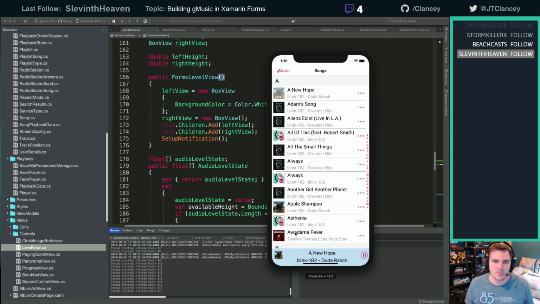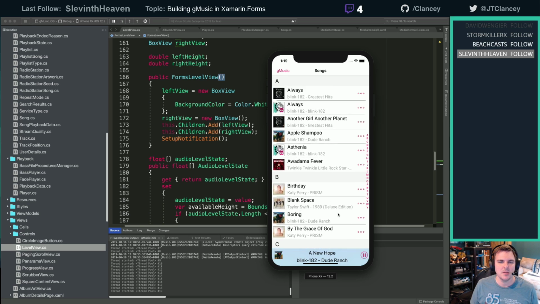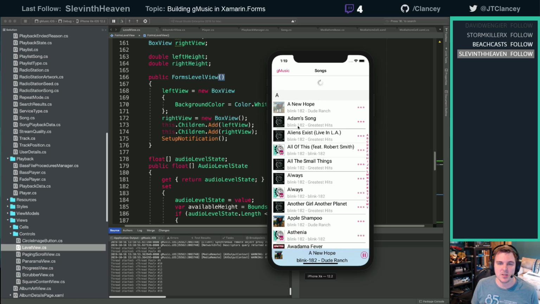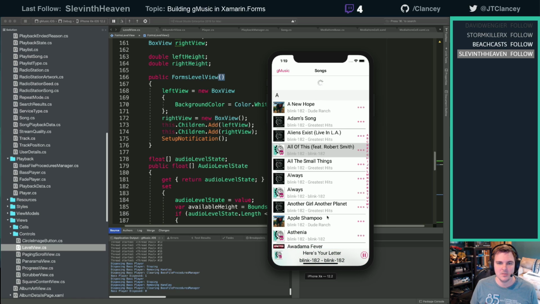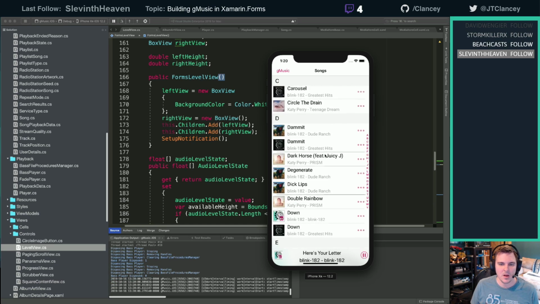Pretty cool. And those are just drawn with Skia, which was really interesting, and got that working, which was really fun. And it was tricky to get right because of me not clearing the background. It was causing some weird artifacts. But hey, it's working, and it's always on the currently playing song. Should be. Oh, that didn't update. If I scroll, will it? Oh no, that's not the song it went to. It went to Here's Your Letter. I wonder why.